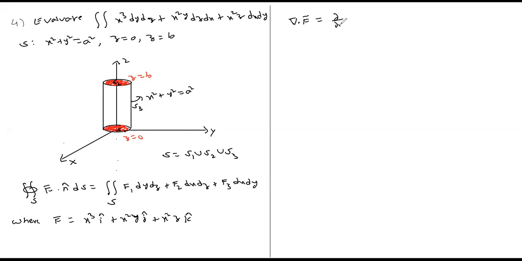Dou by dou x of the first component, plus dou by dou y of the second component, plus dou by dou z of the third component x square z. So this is 3x square plus x square plus x square, equal to 5x square. So by divergence theorem,